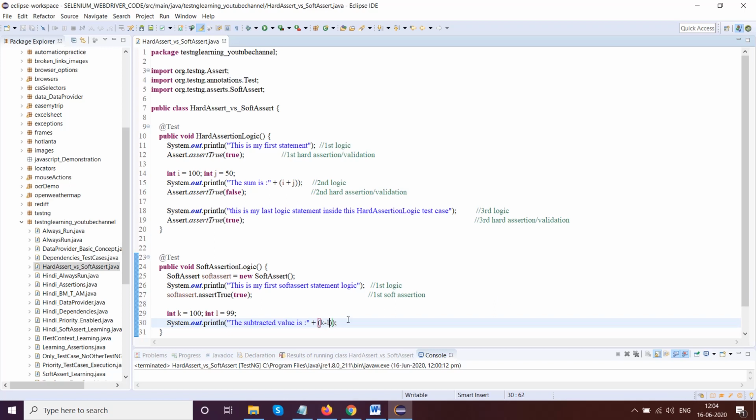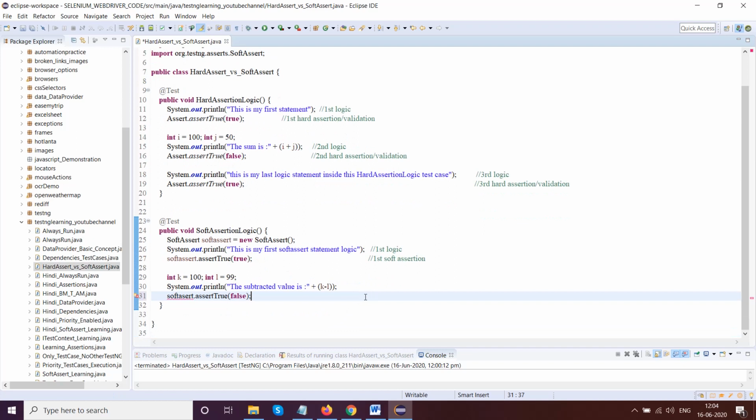Now here I will give softAssert.assertTrue, and I'll give false, "Something is wrong." See, this is the second logic, and this is my second soft assertion or validation, whatever.